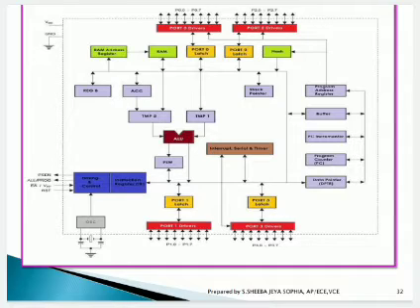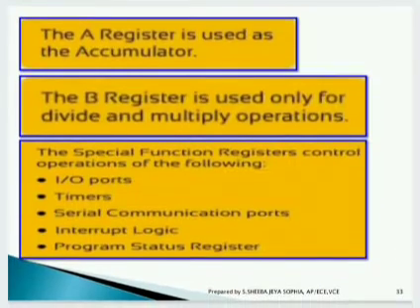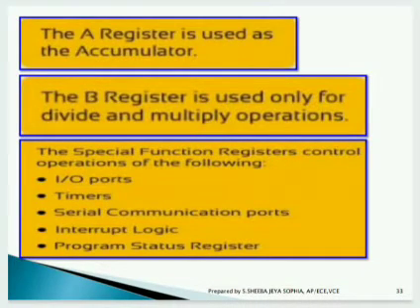On another side, there are the timing and control circuitry and instruction registers, which are connected to the oscillator for generating the input signal. There is also the ALU for processing the input and producing the output, and interrupt, serial and timers for getting the interrupts, processing them and producing the outputs. As mentioned in the diagram, the A register is used as an accumulator for basic functionality. The B register is used only for divide and multiply operations.